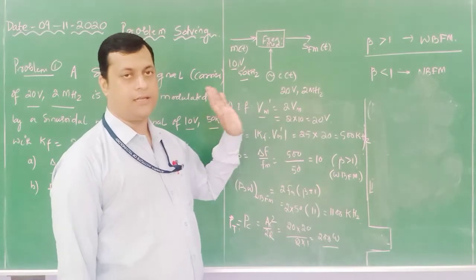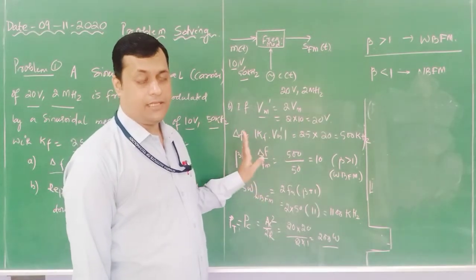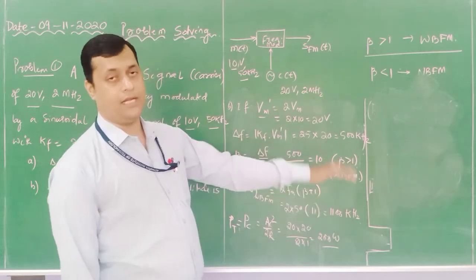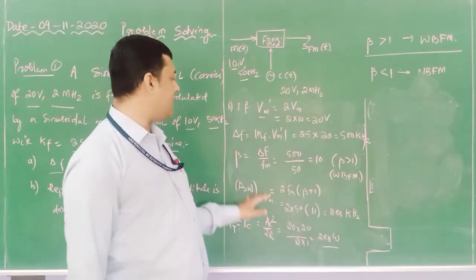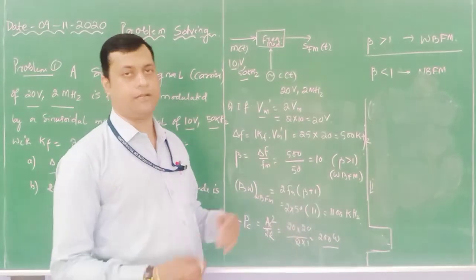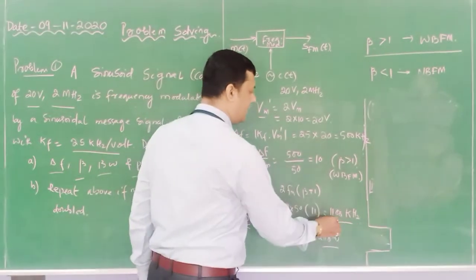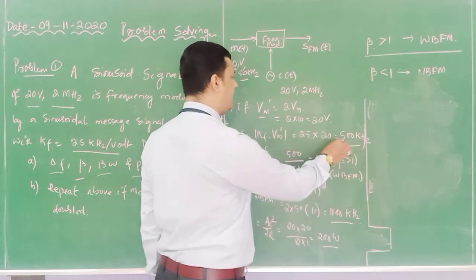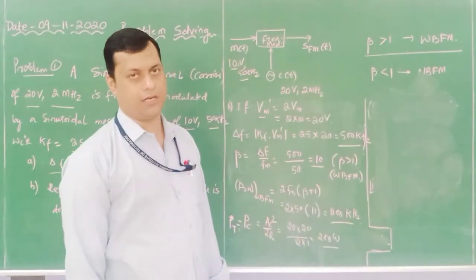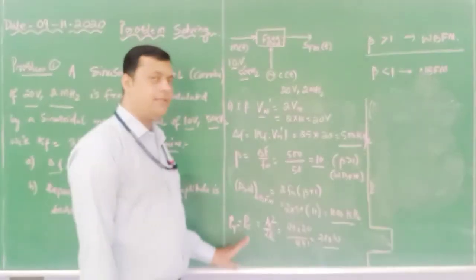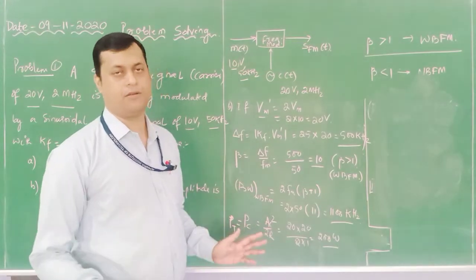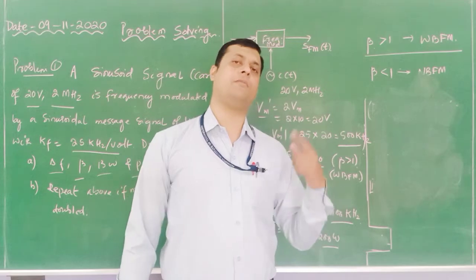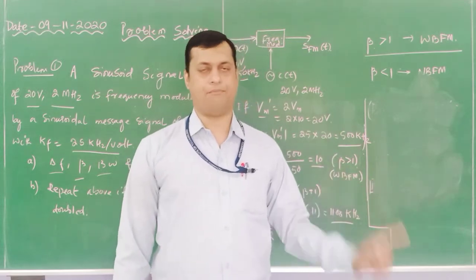Beta is also changing. In order to determine the bandwidth, it also depends upon beta, and beta depends upon del f. So if these values are changed, that means your bandwidth is also going to change. As you can see, it is 1100 kilohertz, beta is 10 and the del f is 500 kilohertz. But the thing is, the transmitted power won't be hampered, because transmitted power depends upon the carrier component, not on the modulating signal amplitude.